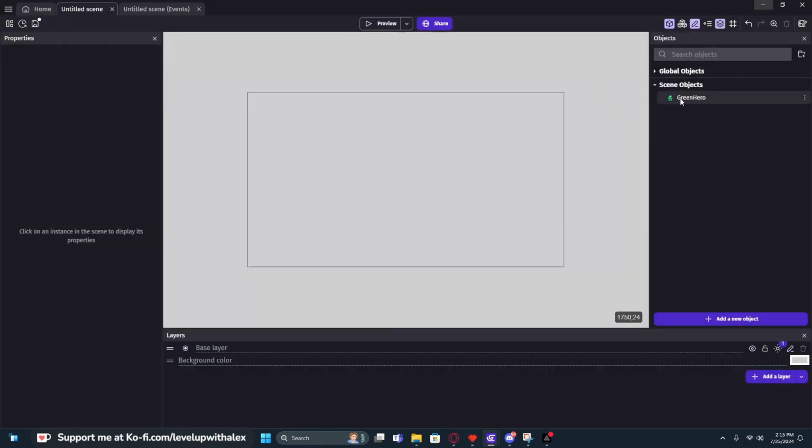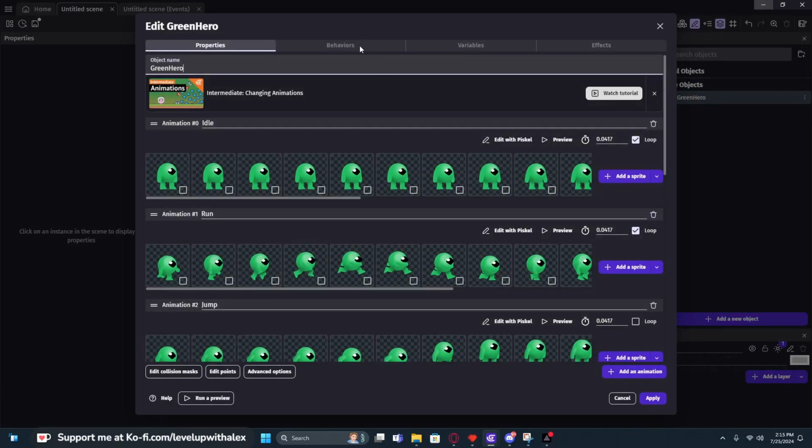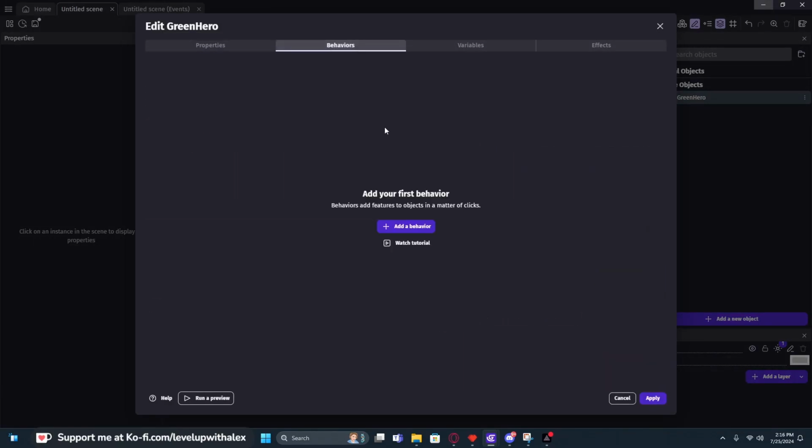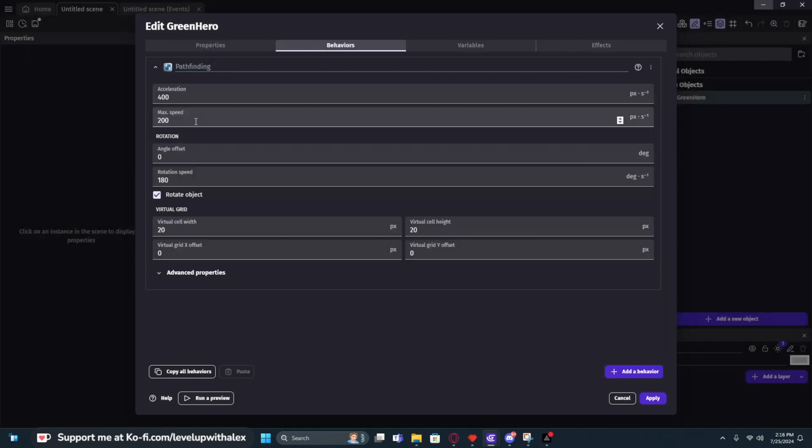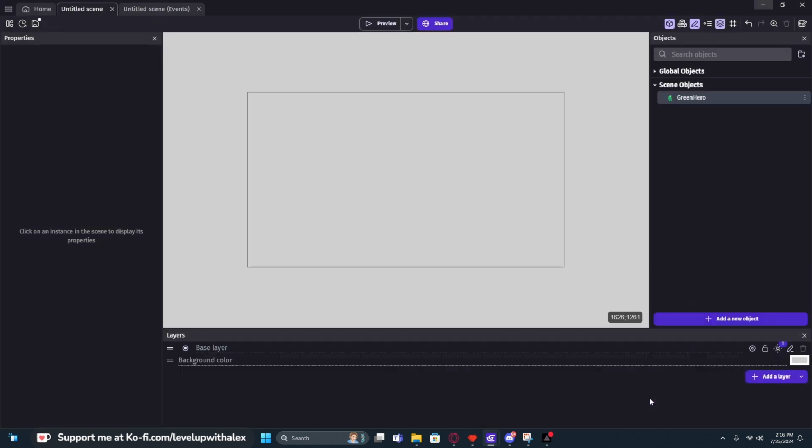Now that we have that done, I want to open up the sprite, and we're going to go to behaviors, and we're going to add a pathfinding behavior. So you can see pathfinding, I've already searched it in, and pathfinding is what we're looking for. We want to make sure that we turn off the rotate object, or it'll turn your character upside down while we're moving. So we're going to go ahead and turn that off, hit apply,